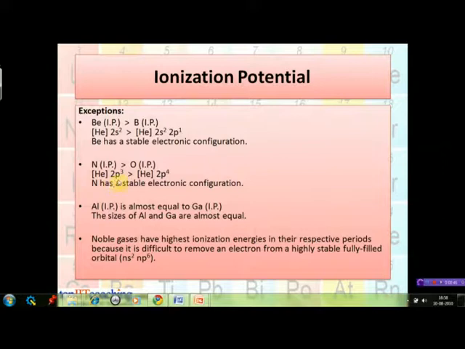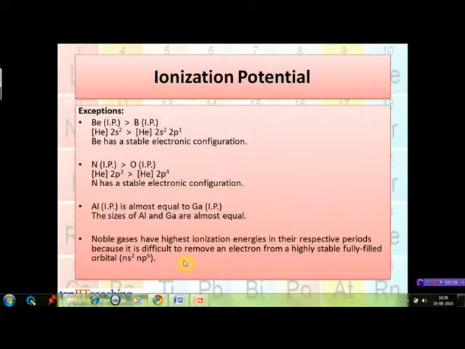It is because of the reason that nitrogen again has a very stable electronic configuration with half-filled orbitals. Similarly, as we move from aluminium to gallium, that is down a group, the value of ionization potential must decrease, but the ionization potential values for aluminium and gallium are almost equal because of the reason that their sizes are